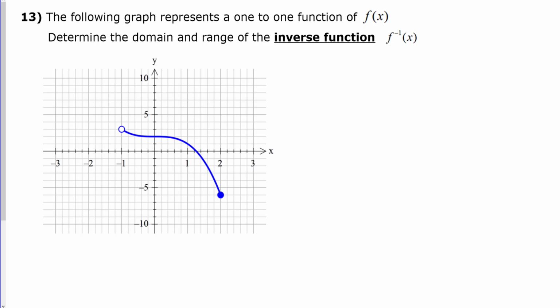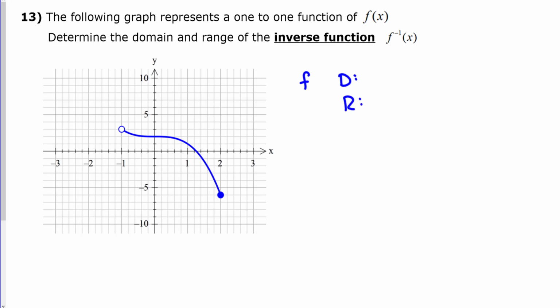So the following graph represents a one-to-one function of f of x. Determine the domain and range of the inverse function. So this function right here is f of x. So let's look at f's domain and range. So the domain and range here,